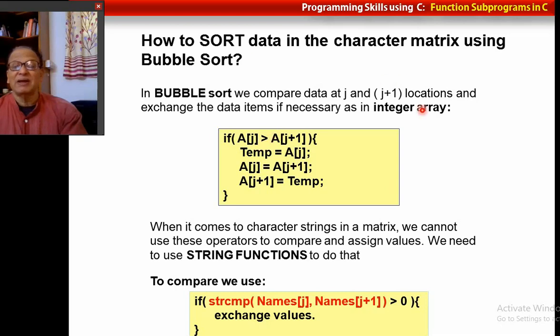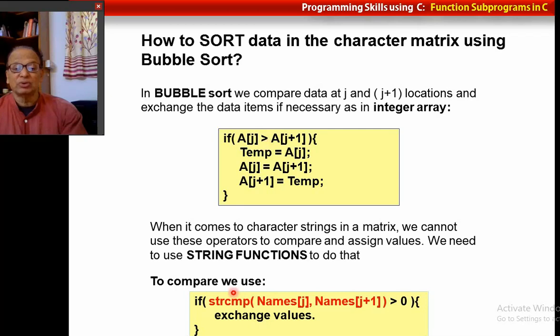We have already done bubble sort to sort numbers, where we asked if A[j] is greater than A[j+1], and exchanged values. The same thing has to be done with character arrays, names, strings. But how do we do it? For example, we cannot use this operator.